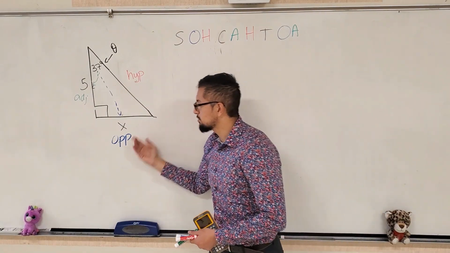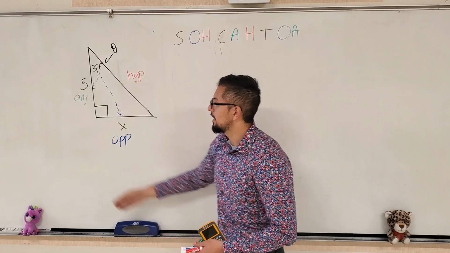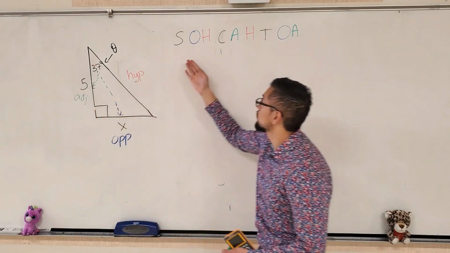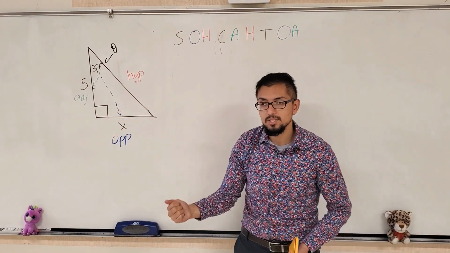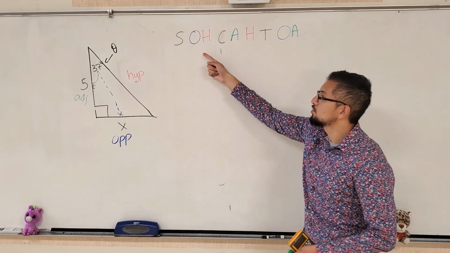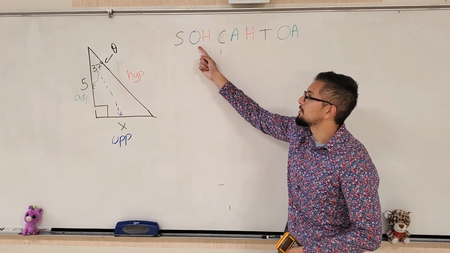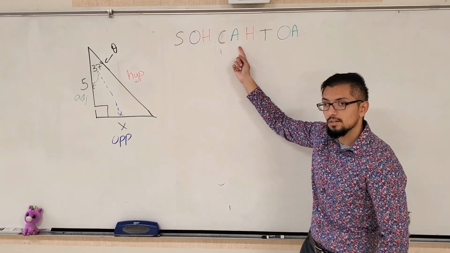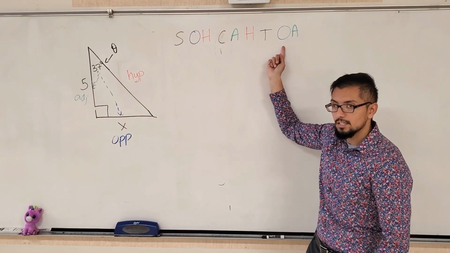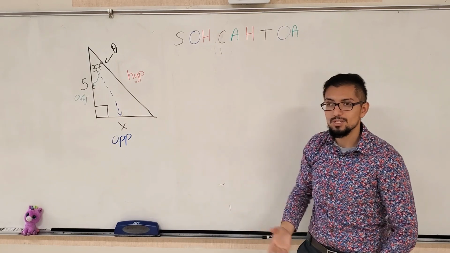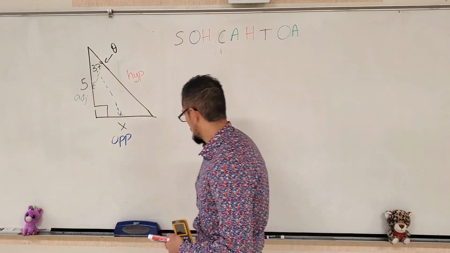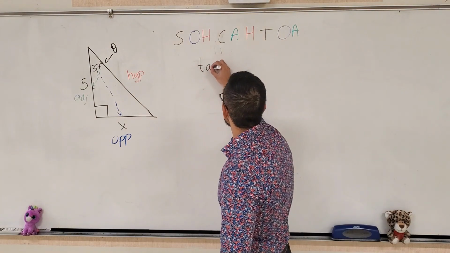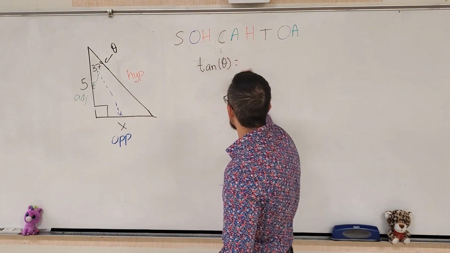Now I'm trying to solve for x, which is the opposite side, and I know the adjacent side. So through SOHCAHTOA, I'm going to look at what combines opposite and adjacent. SOH does not do that, it's opposite and hypotenuse. CAH does not combine the two. TOA does, opposite and adjacent, so I'm going to be using tangent. All right, tangent of theta equals